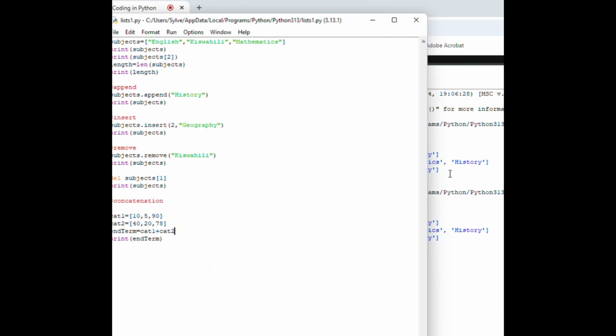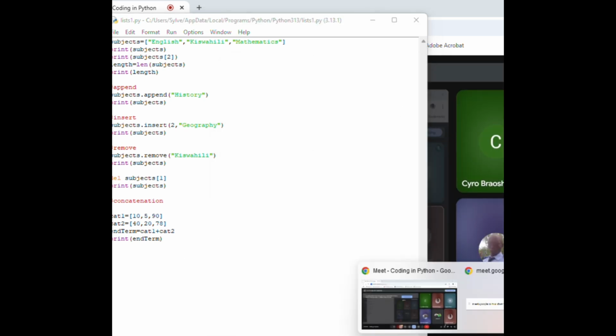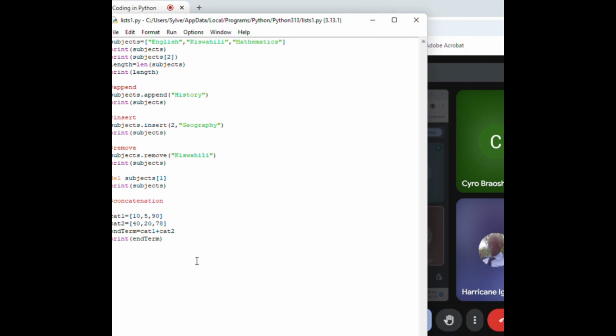So if I do this and run, second list cat2, and then it prints the end term. So that's how you concatenate. You just use the plus sign to combine two or more lists together. Okay,